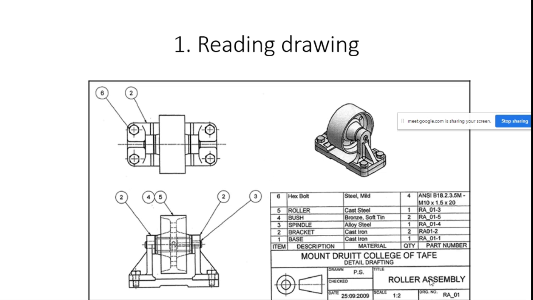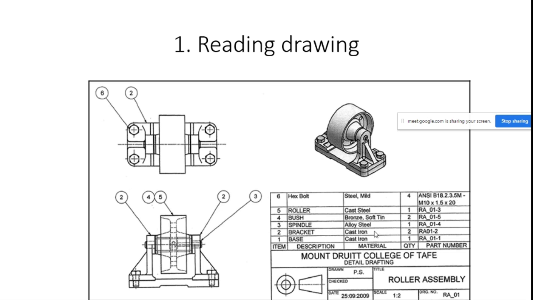And then what is the name of this drawing? For example, the part name of this drawing is roller assembly. Then you can move to scale. In this drawing 1:2 is the scale, so you multiply every dimension by 2. From this we can get the proper dimensions of the drawing. So you should be aware of these things from the title block of the given drawing.